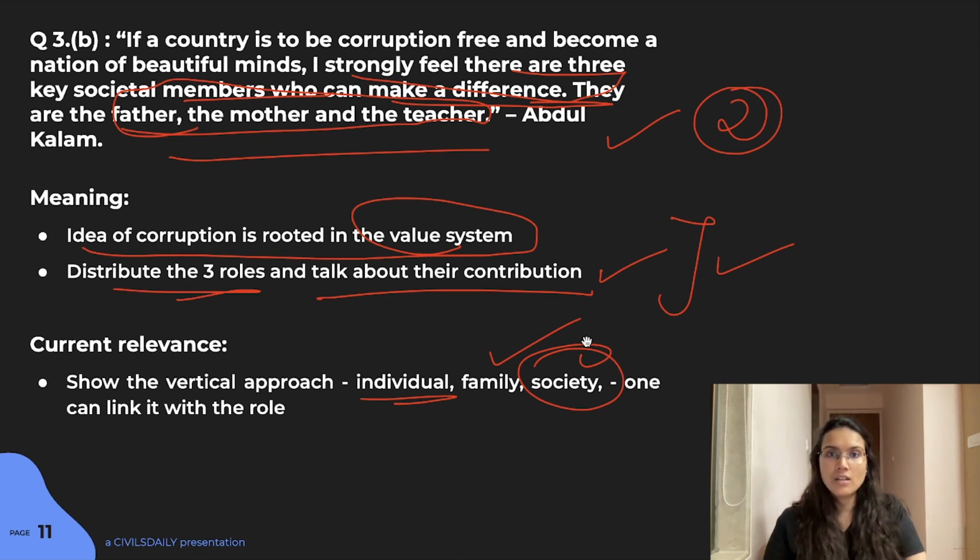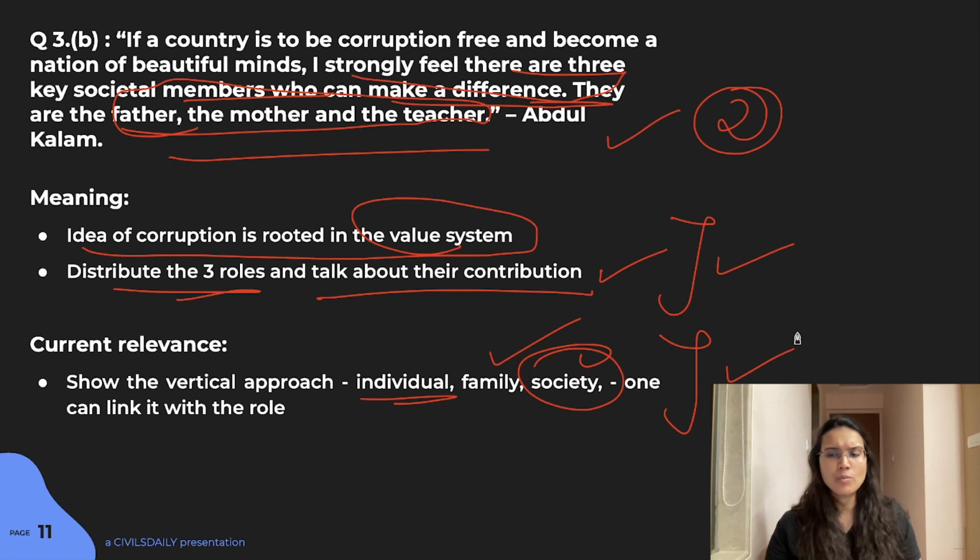How this particular quote, if you have the right kind of value system, applies even at the society level, because what a mother, father, and a teacher thinks is in a way a reflection of how the society is working, right? Symbolically we can extend it to the whole society also. So basically you can link it like this also. That will show another dimension that you can cover in this particular answer. You can get in a lot of examples.